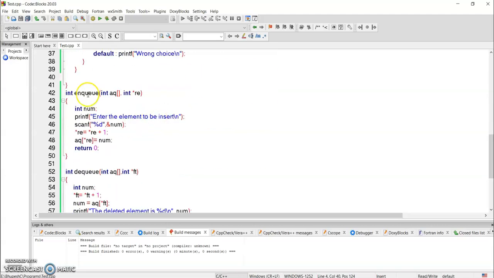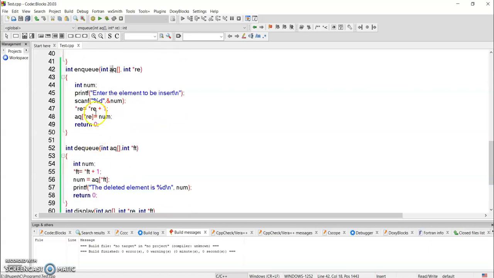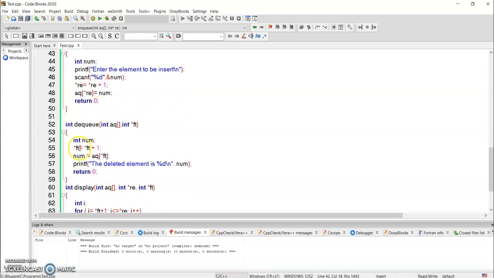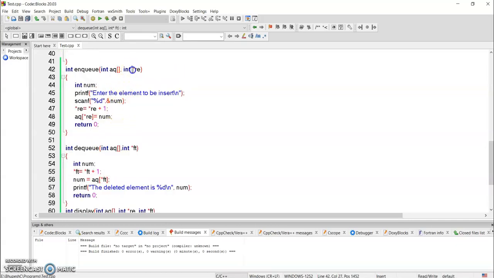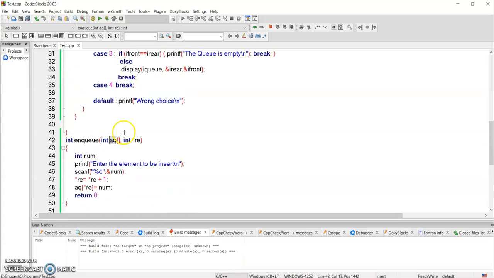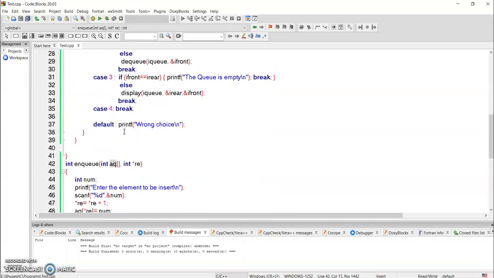So in the definition itself, the same way, just note that star re is going to be star re plus 1, and star re of q, because that is the array we are passing. Then we are inserting it in here, and we are deleting it. The concepts are the same, right? Only we are manipulating within the pointer itself and with the array that we are passing, right? Okay, so I hope this is clear,